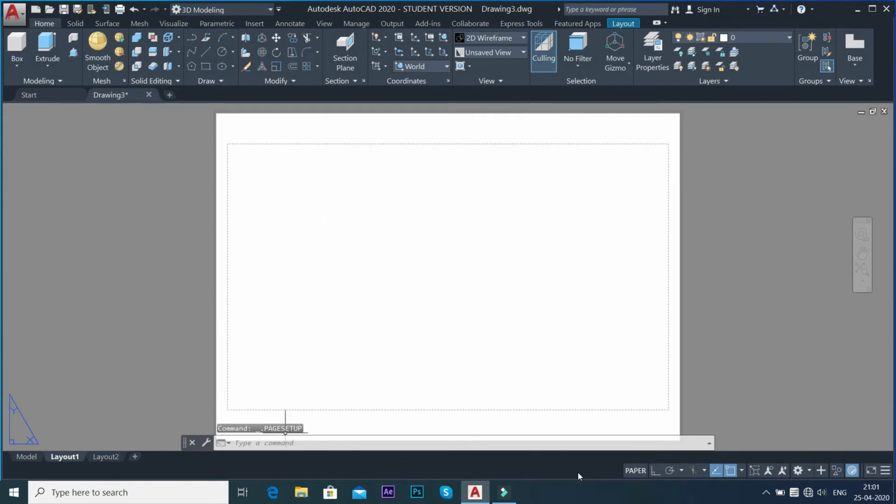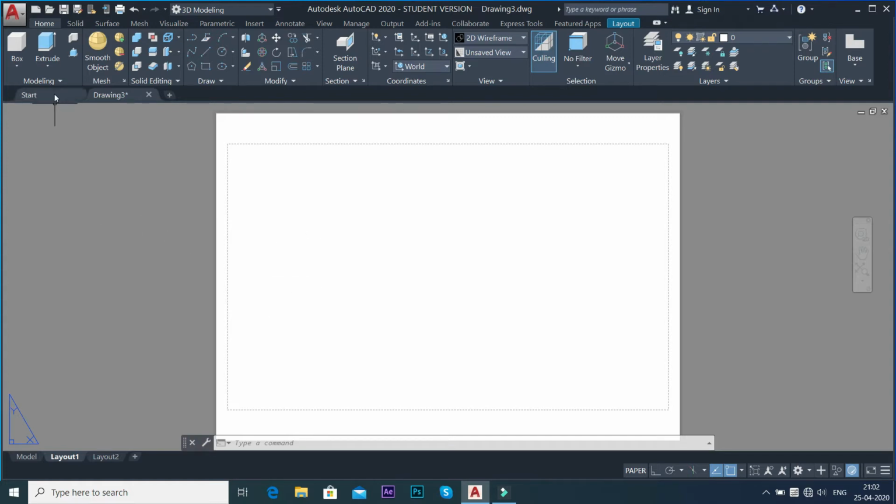Now the paper size that you are seeing here is actually an A4 size sheet, and in this A4 size sheet you can see that there are dashed lines visible. What are these dashed lines? These dashed lines are actually the limit showing you that you cannot print anything outside of this. So this is actually the paper limits. Whatever you have to do, you have to do inside these dashed lines. If you want to create a border and title box, you can copy your border and title box right away in this layout page, and then you can start your work.